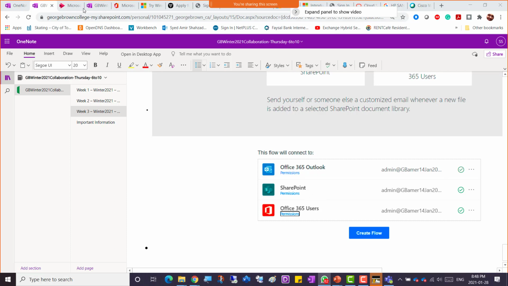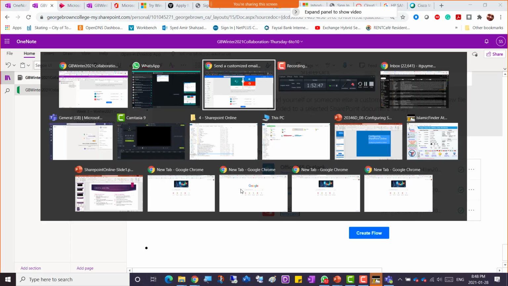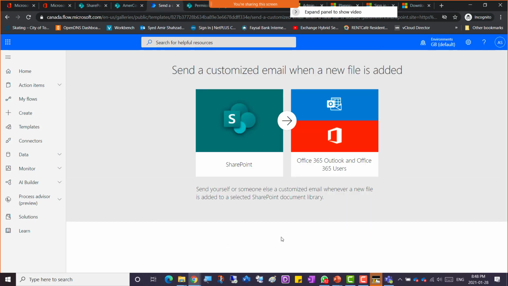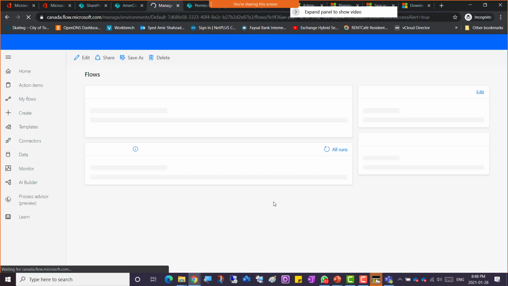Alright, so hopefully you were able to take that. Okay. So once the screenshot has been taken, let's click that create flow button, the blue button at the bottom. Hopefully you took the screenshot already with your name showing there, right? And I'm going to click that create flow now. So go ahead and click that create flow. I click that create flow here, and